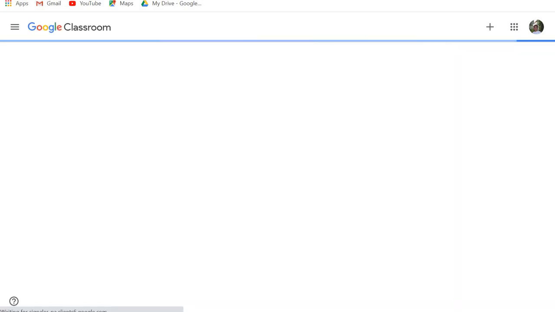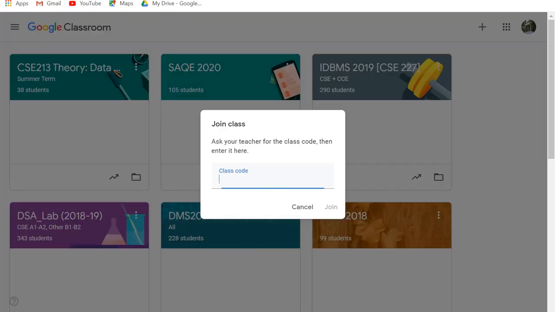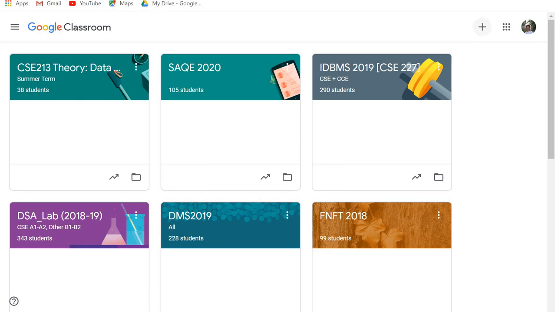If you carefully see, it will list down how many classrooms you are either added to or you have created. Here what you see is a plus sign. From here, we have two options. One is to join a class, for which I need to have a code. If I go to this, I'll require a class code. If I enter it, I'll be able to join. From there, the admin can take a call on making me a student or adding me as an instructor, or else the other option is to create.